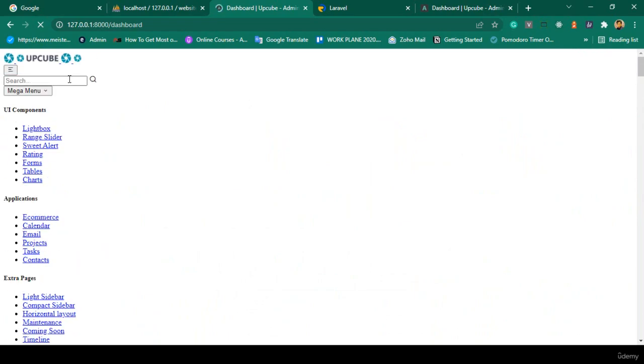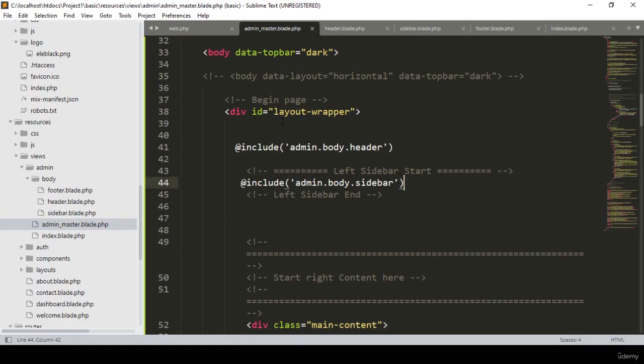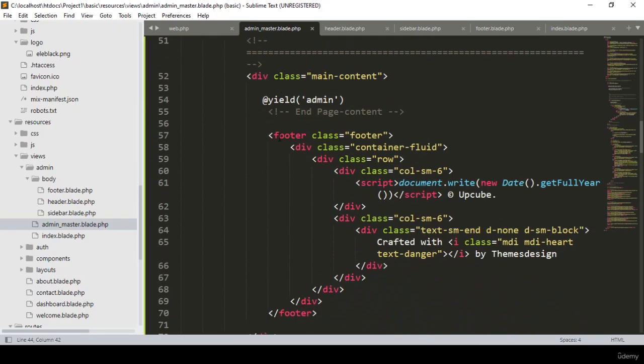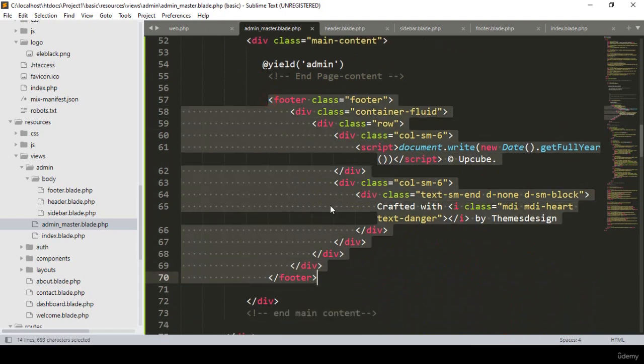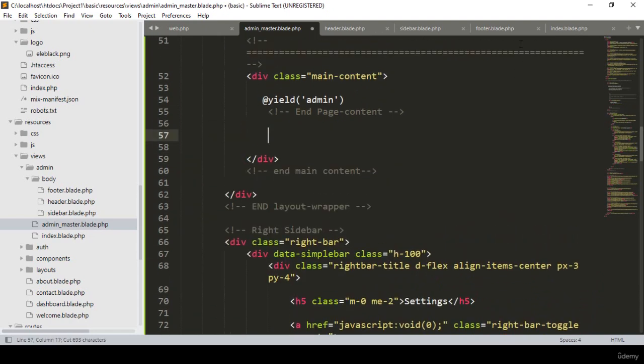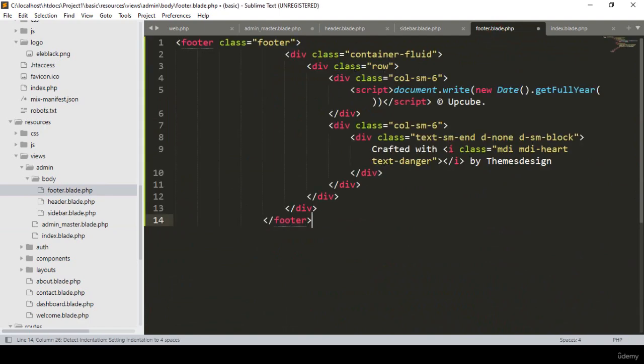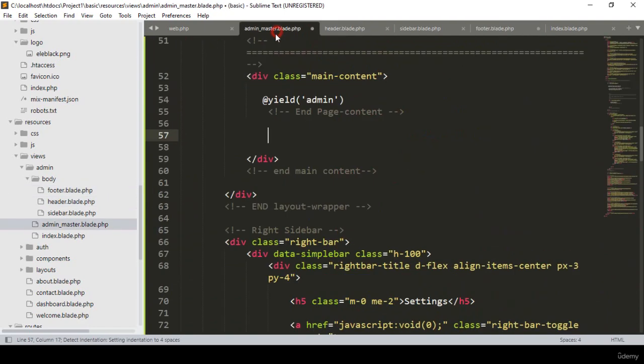Okay, and also there is another part as a footer part. Better I select that footer. I simply cut this footer, and now in our footer area I simply paste it, and then that will